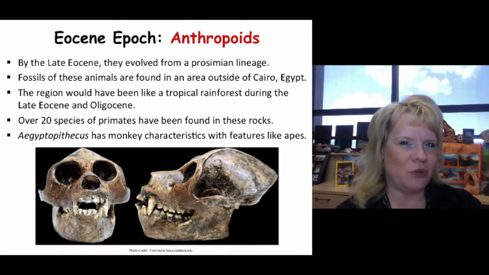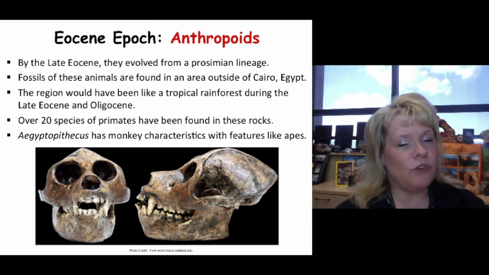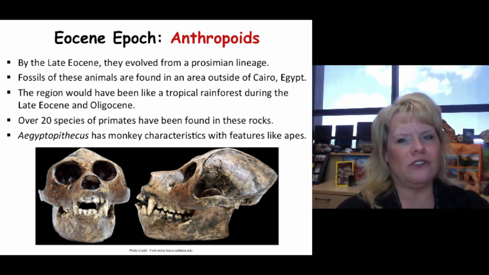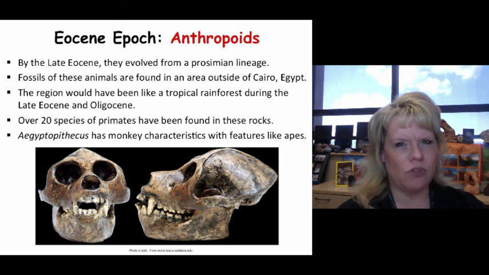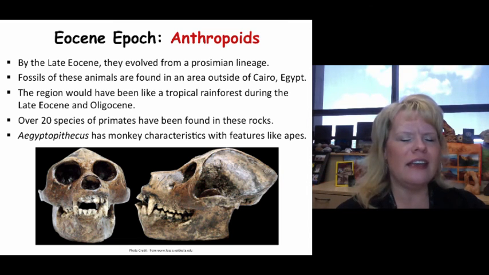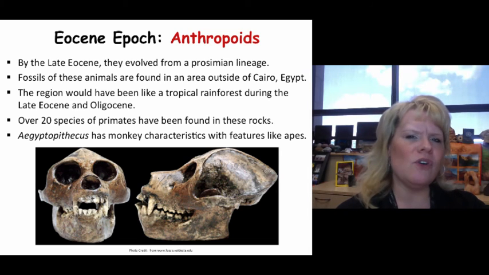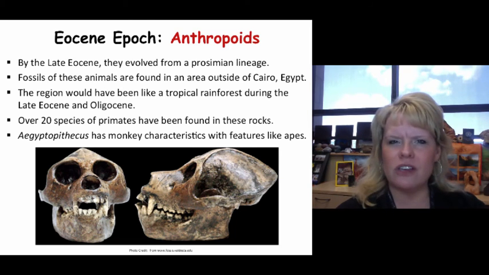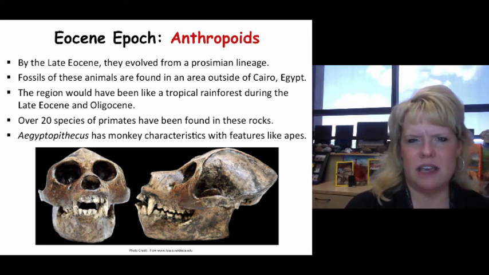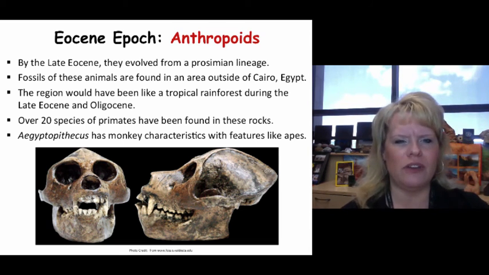Anthropoids made their debut in the Eocene. Prosimians are the lineage in which this came about during the late Eocene. I think this is a really important thing to connect the dots, that these animals are going to radiate and diverge, and ultimately the lineage will develop down the line in the Miocene that's going to lead to hominids. So we need to take careful note that this is one of the big diversions of primates that's going to happen.